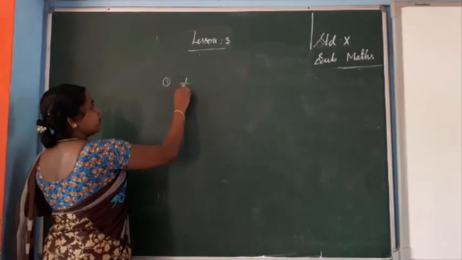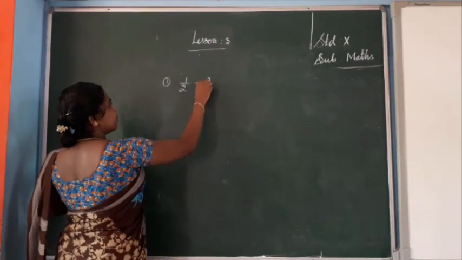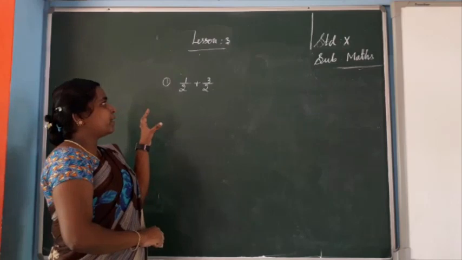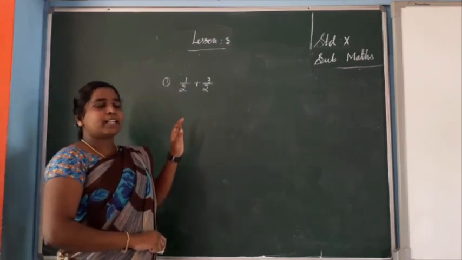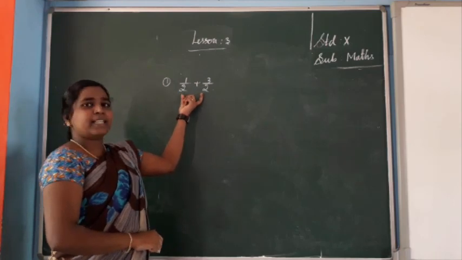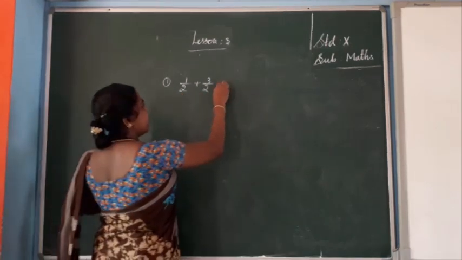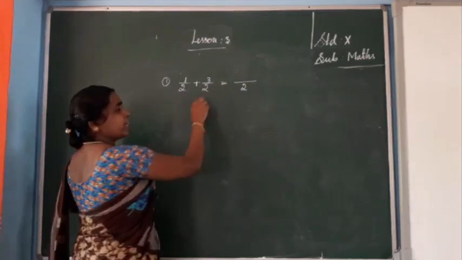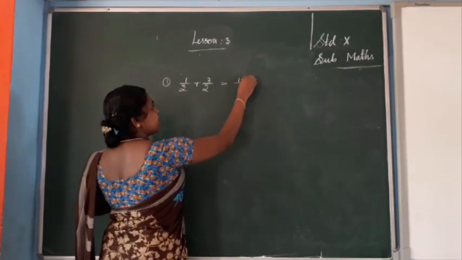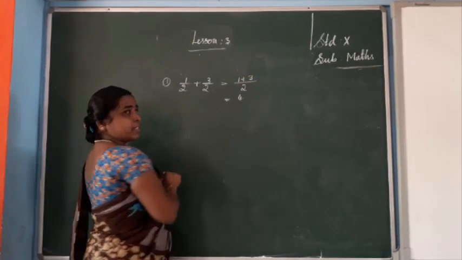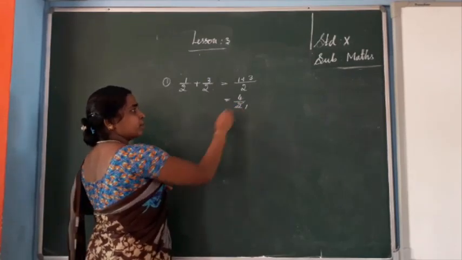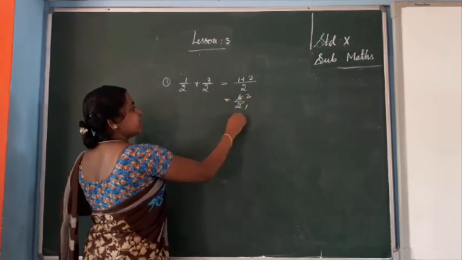So 1 by 2 plus 3 by 2. Just I am giving an introduction. Before adding, you see the denominator. If the denominator is equal, you have to write it once, instead of that 2 you have to write 1. Then add the numerators, 1 plus 3. So 1 plus 3 is 4. So it's 4 divided by 2. Now you simplify. 1 2 is 2, 2 2s are 4. So the answer is 2.